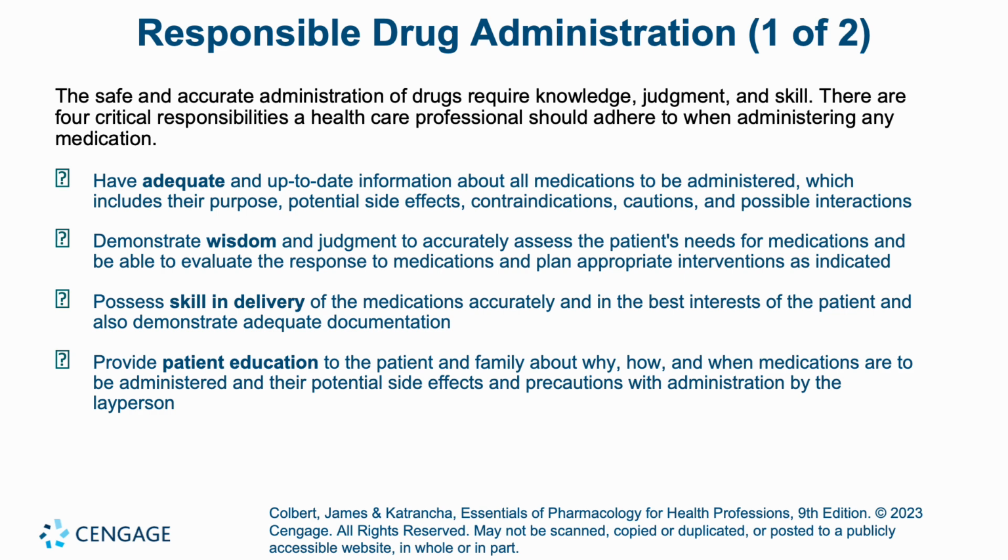So in order to do this step properly, you need to know why you're giving what you're giving. If you are, let's say, giving Zofran, which is usually an antiemetic used for nausea or somebody who's actively vomiting, you need to know if they're not nauseous and they're not vomiting, why are we giving it? So I want you to stop and think of those things as you're giving a medication. I know what this is for, and this patient isn't having any of those symptoms, so why are we giving